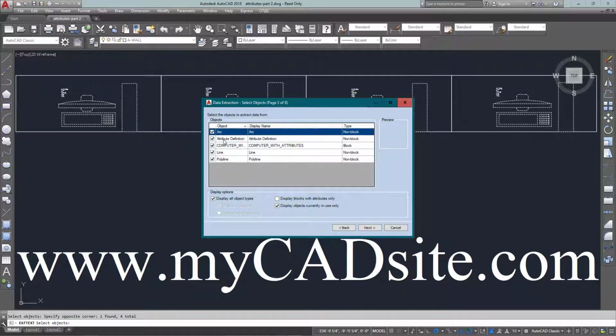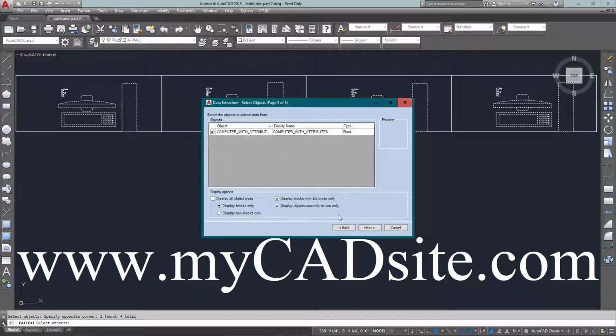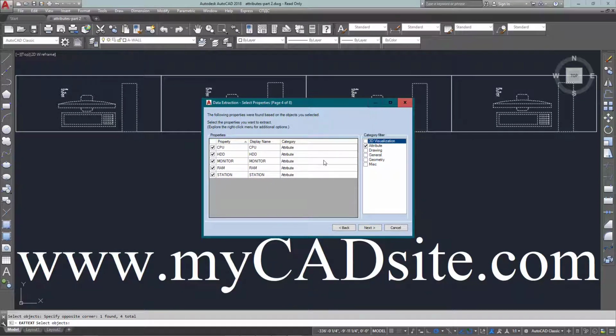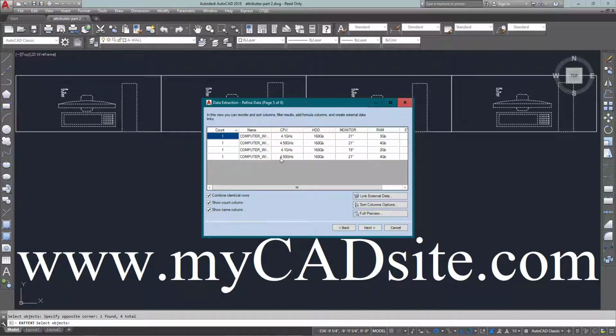So I can unselect everything in here and just leave what I want as a data source. And you can see there's a couple ways of doing that. Here I have all kinds of attributes that actually are part of the block. I can put where each one's located, but in this case I just want to take the data that pertains to the computers, and now you see it's all there. So I don't want to put a count column in, and I'll just take the station, put that at the front,